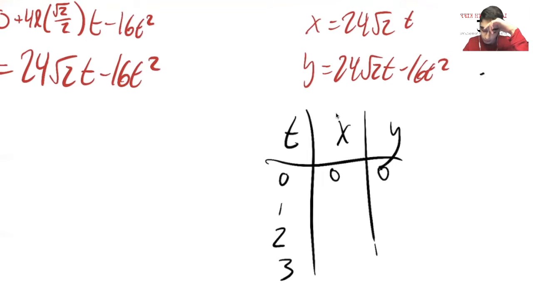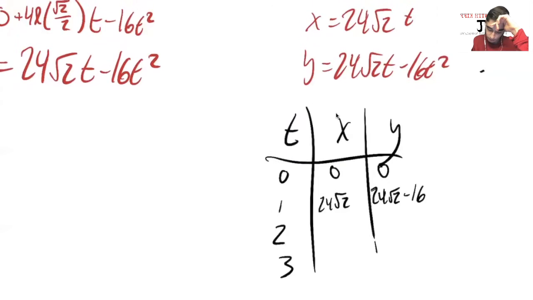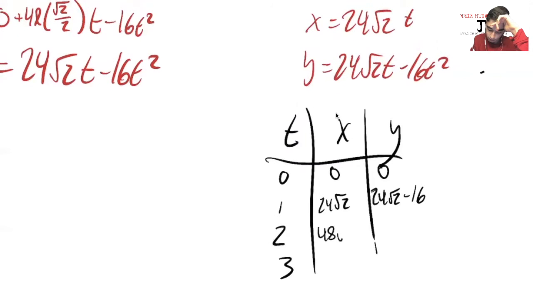At t equals 1, we have x equals 24 radical 2, and y equals 24 radical 2 minus 16. At t equals 2, we have x equals 48 radical 2, and for y, we have 48 radical 2 minus